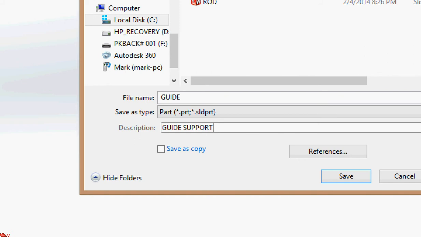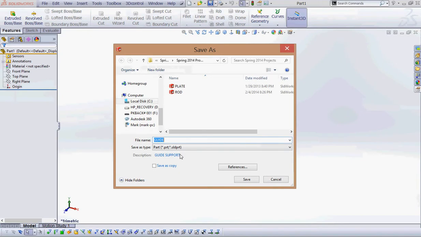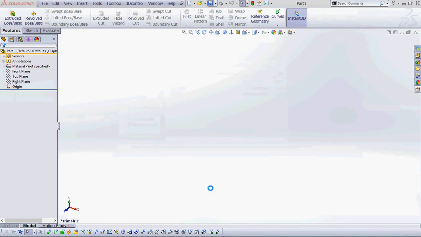You want to save in your homework or projects file. This is going to be called guide. Guide support. Okay,